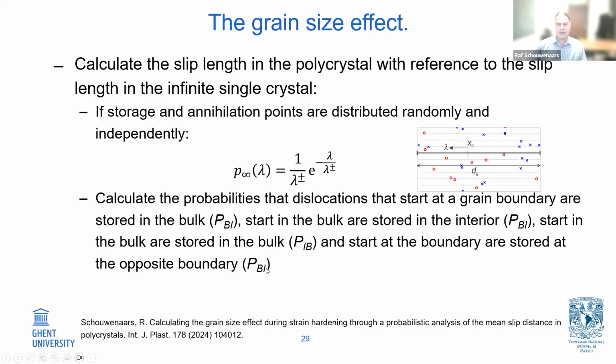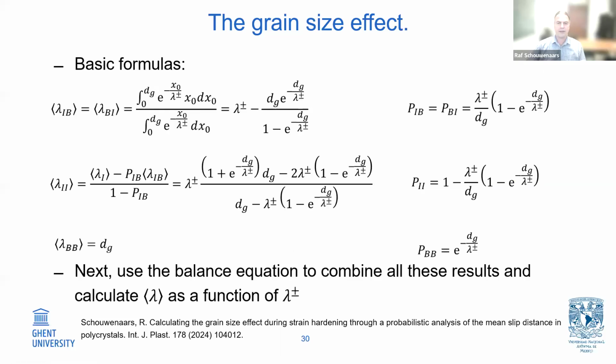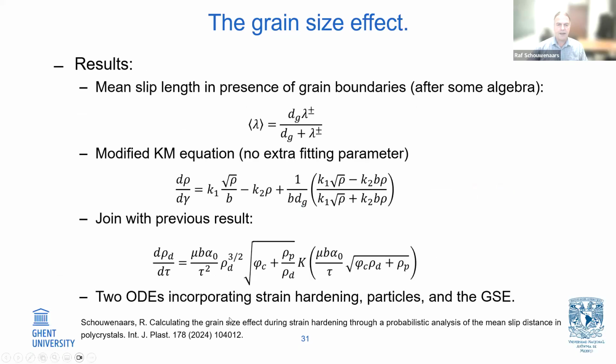And again, these are calculations that can be done by hand, but it's always safer to do it by computer. You find all these expressions, which in fact are not so important as a result, but which allow us to go on with our grain size effect. So we use then the balance equation to combine all these results. How it is done, it's in this paper. And what we find is, after some algebra,